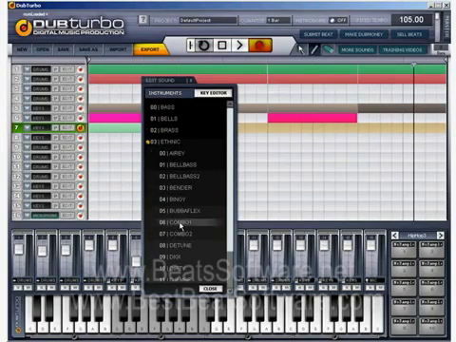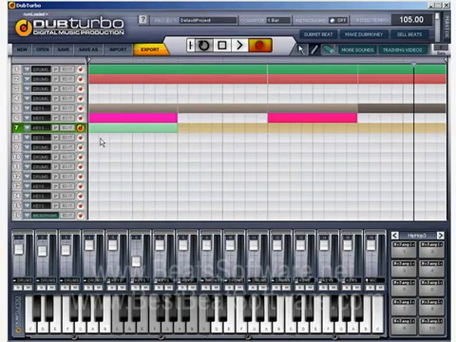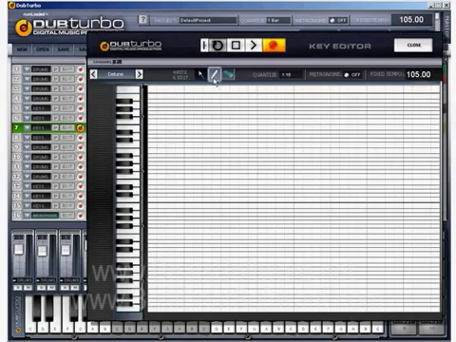Let's click on detune. Might sound a bit awkward because it is literally detuned, but why not? We can click on pencil and draw the stuff in too. So we can go